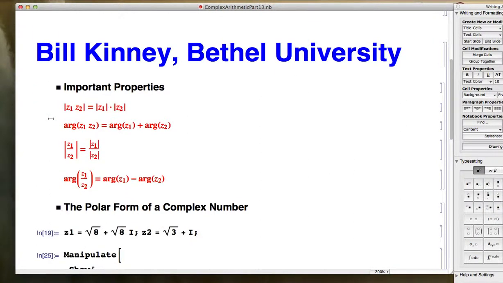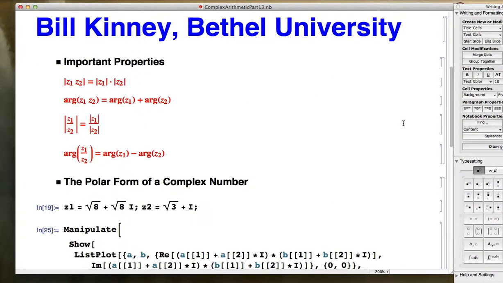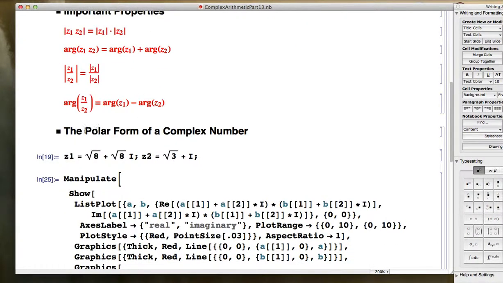In the last few videos we looked at some important properties relating moduli and arguments of products and quotients to the moduli and arguments of the factors and the things you're dividing. In this video, I'd like to look at those same facts from the viewpoint of what's called the polar form